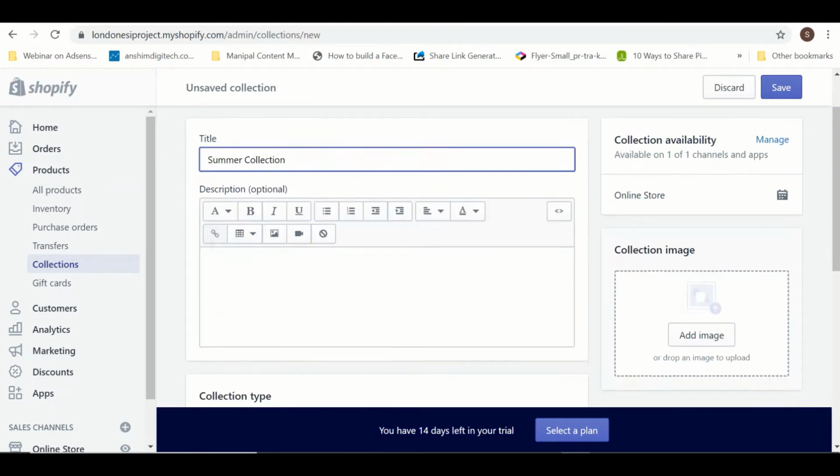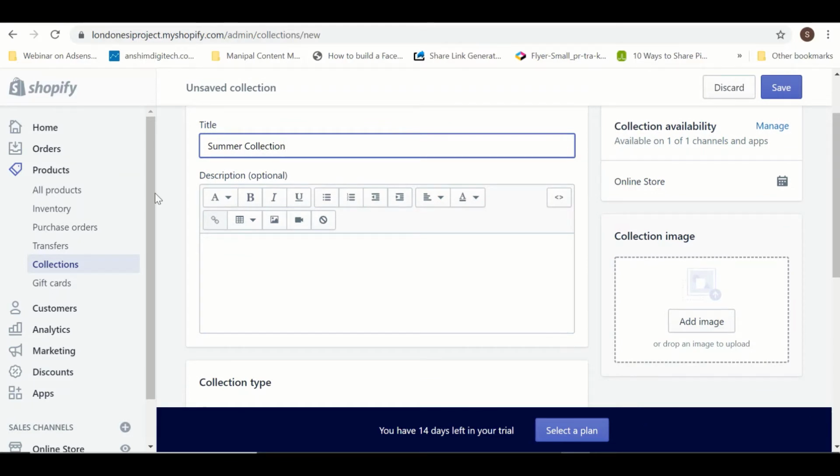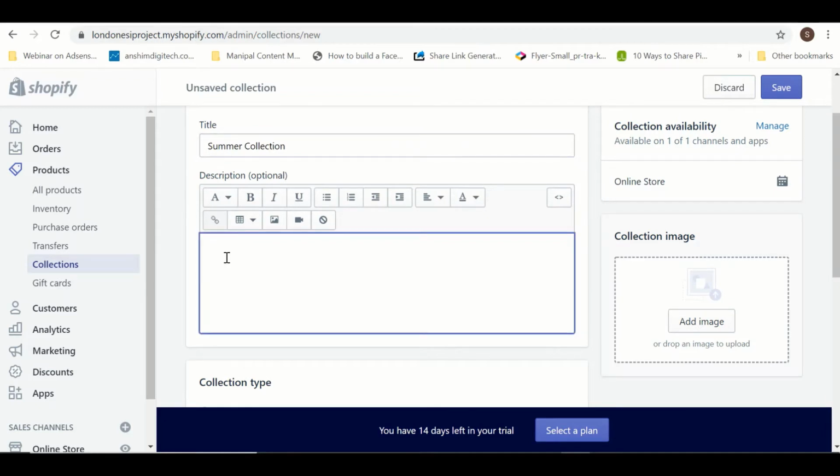And now if you see the interface, it is a very easy interface, like we have on a Word platform, right? So I will write down a good description preferably with the pointers or with the bullet list. Okay, and I will try to mention the best USPs that my particular product is having. So I can say okay, it's 100% cotton or wrinkle free. Okay, suitable for summers, or these are the kind of USPs which I can provide.